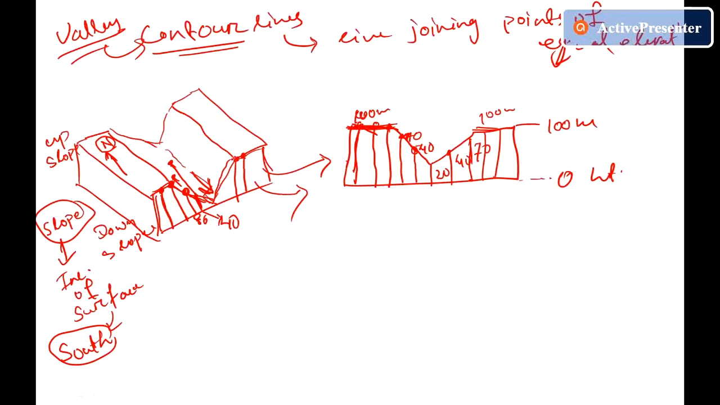Similarly, at this point I am getting 100 meter, at this point I am getting 70 meter. To get 100 meter elevation I have to go upslope, let's say here. Then this is having 40 meter elevation, for getting 100 meter elevation I have to go upslope here, like that. And in the central part I have to go more to get 100 meter, like this. So if I join the